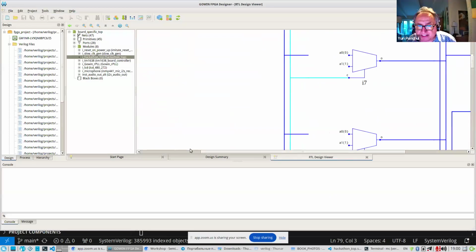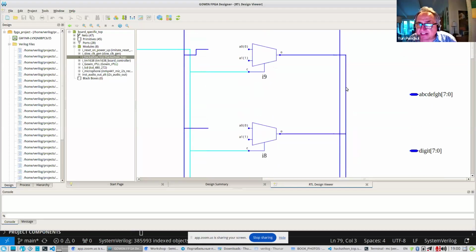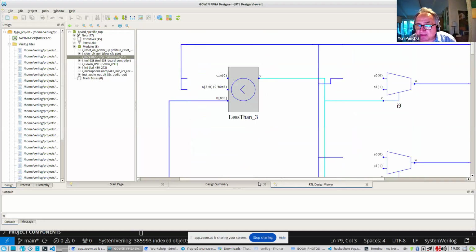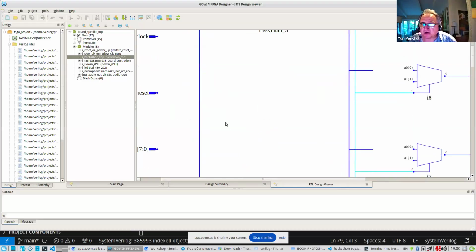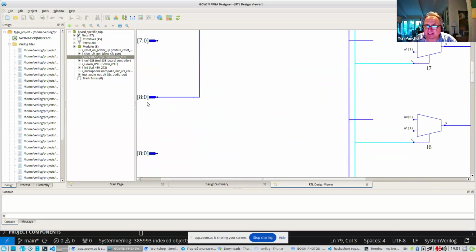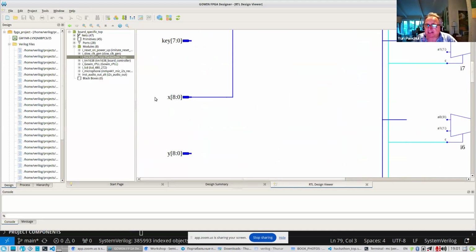Yeah, so you can see that this synthesis tool generated schematics which include a series of multiplexers. This has a comparator, and this comparator is connected to our X, which is coming from a graphics controller.